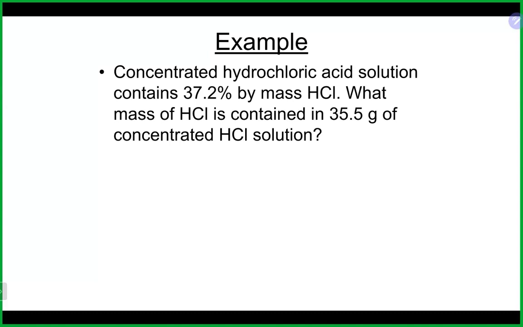Okay, so let's take a look at this one here. We have the mass percent given to us, which is 37.2%. We're looking for the mass of the solute here, which is our HCl. And that is what we're looking for. By the way, I know that is the solute because we're looking for the mass of the HCl. Remember that the name of the solution is the solute. So if you're looking for HCl, then you're looking for the solute in this case. That means that the other number, like it says there, is our solution,